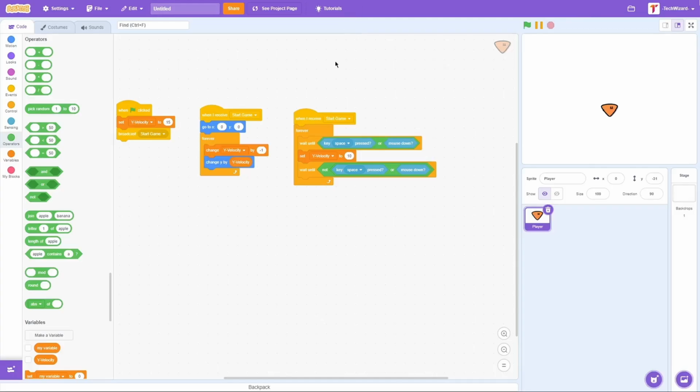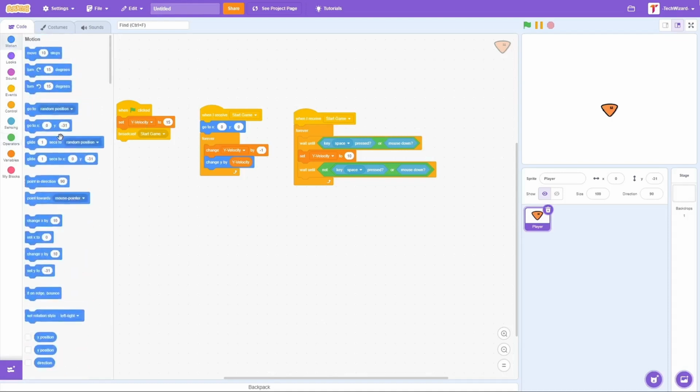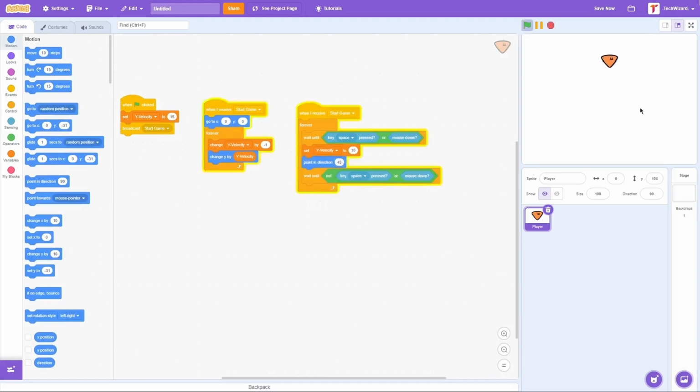What I like to do is add some direction change. So basically every time we click space, we're going to point in direction 45. Right now we're at 90, now we point in 45, but that doesn't do anything. It looks really awkward. So